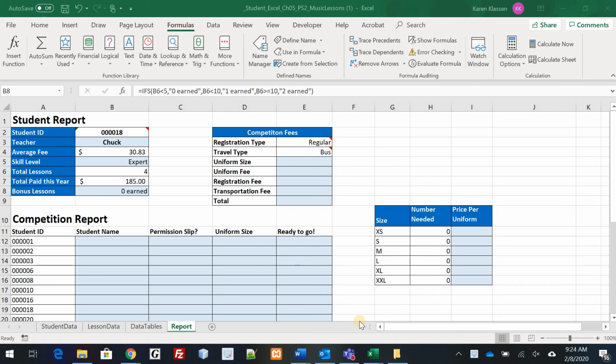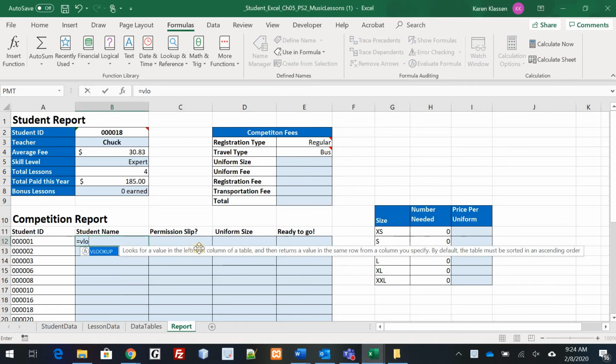Okay, so step 10, the student IDs of those who are going on the road as part of the competition have been filled in. Now we need to do VLOOKUPs to get their name and if they have a permission slip and information to come across here. Okay, so we're going to go in here and VLOOKUP